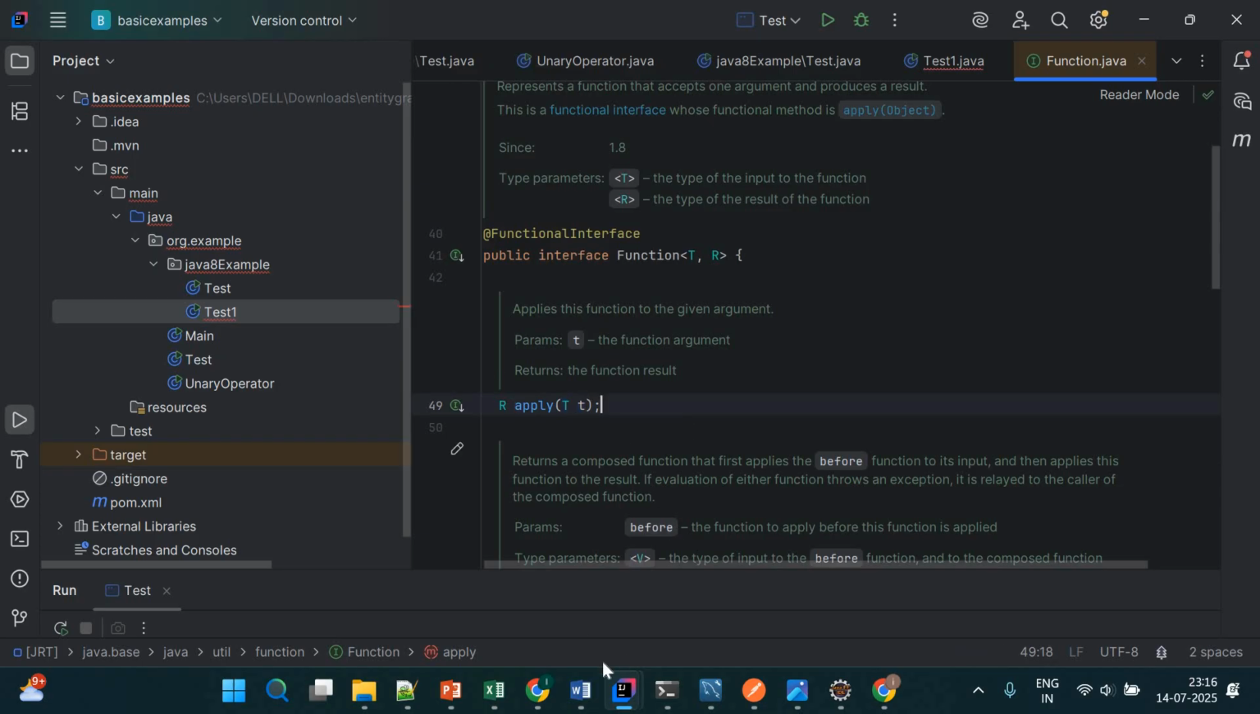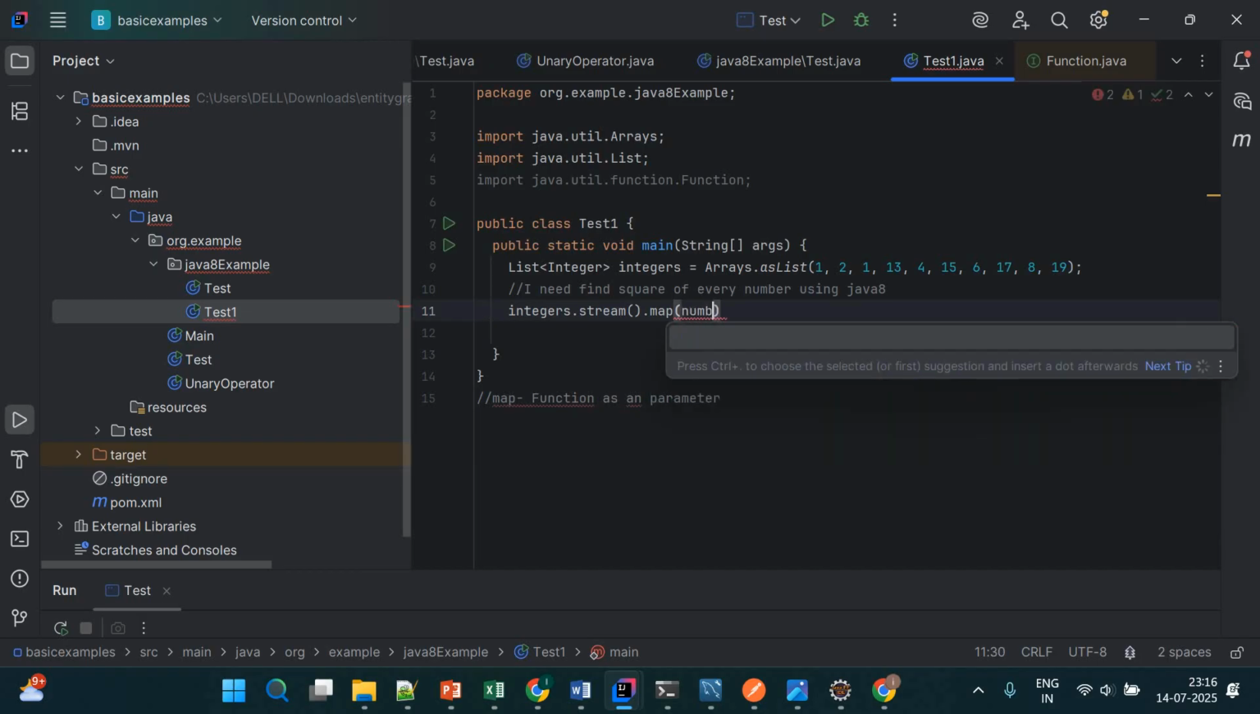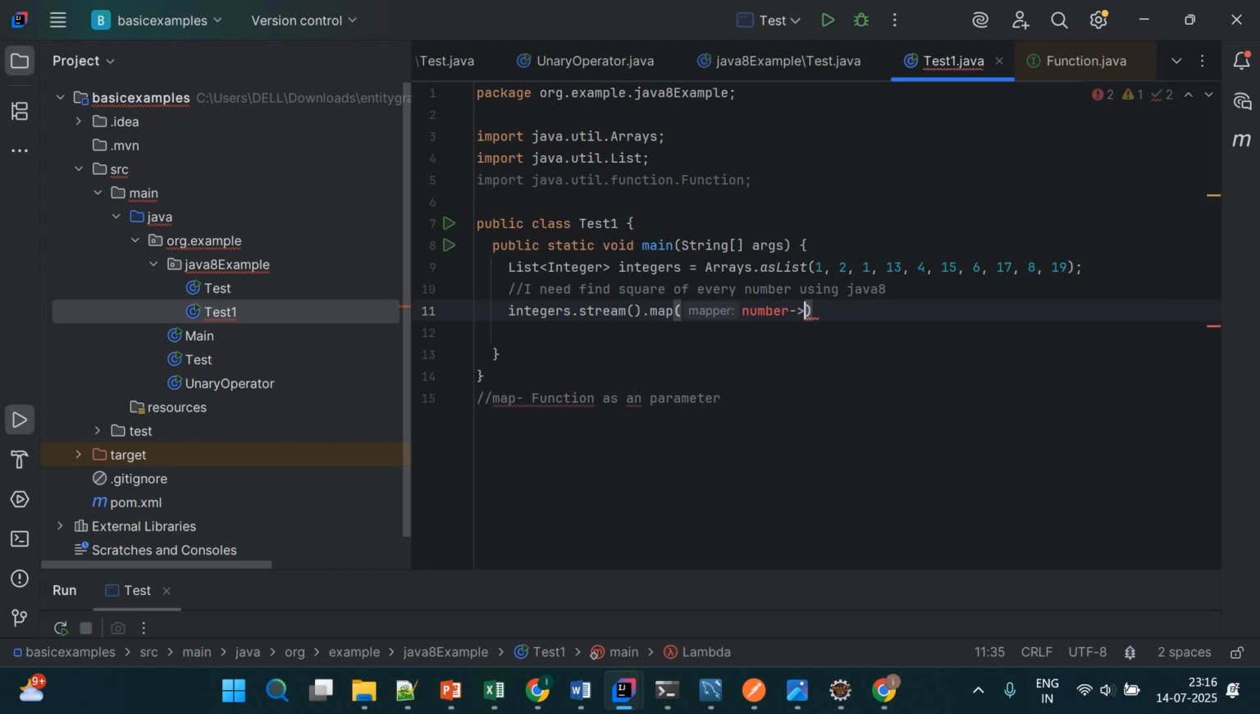So what I will do here, I will go to this code, and I will use map. A functional interface is always implemented using a lambda expression, right? So a lambda expression is the implementation of a functional interface. So I will write the lambda expression for that. Let's say we have integers, right? So let me take number, arrow, number